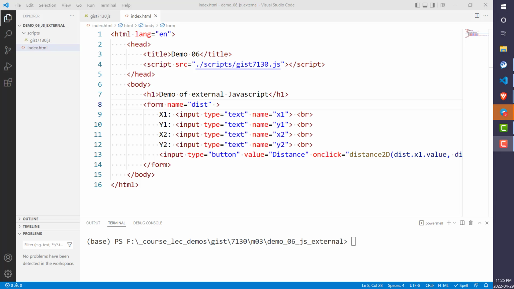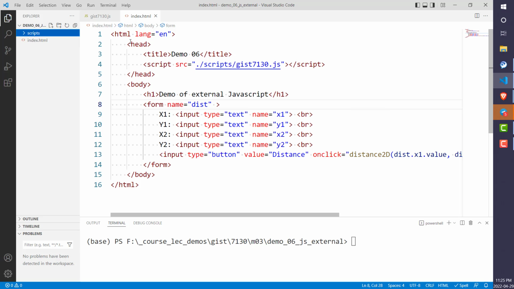So in this demo, we're just going to show how to do JavaScript but use an external file. So here, again, I'm going to keep the index.html file pretty simple. We've got a head, so this text will show up on the tab. We do have this script tag, but we're using the source, and that means we're pulling a file in. The file we're pulling in is this one over here,